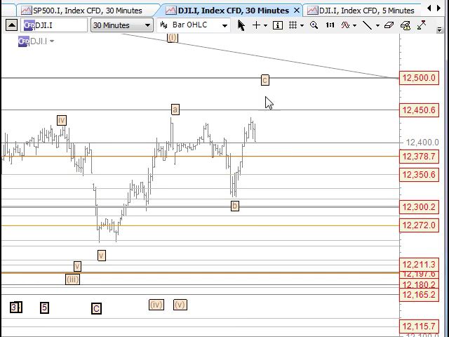if this was going to go up for a big strong 3rd wave up here, like we talked about on the S&P 500, then we would see 5 waves up to around here, 3 waves back into this area here, and then a push up from there. So realistically, if the price on the actual index itself, the Dow Jones index, rather than the futures or the CFDs and whatnot, goes under the 12,350,